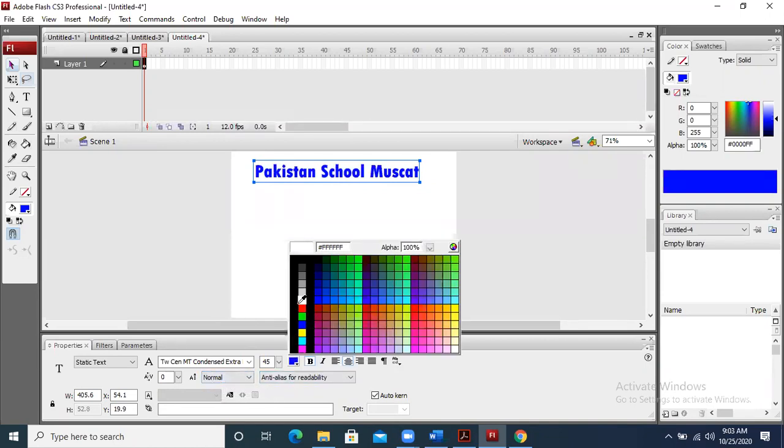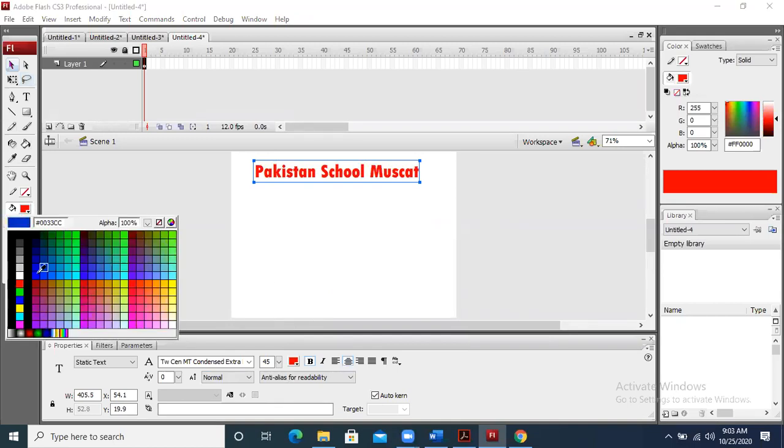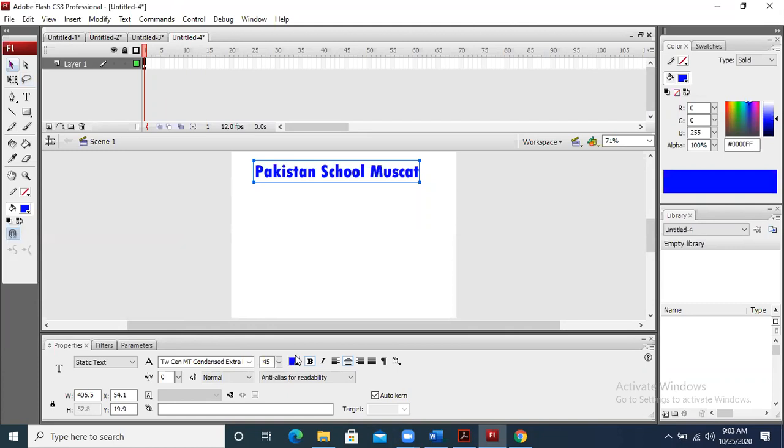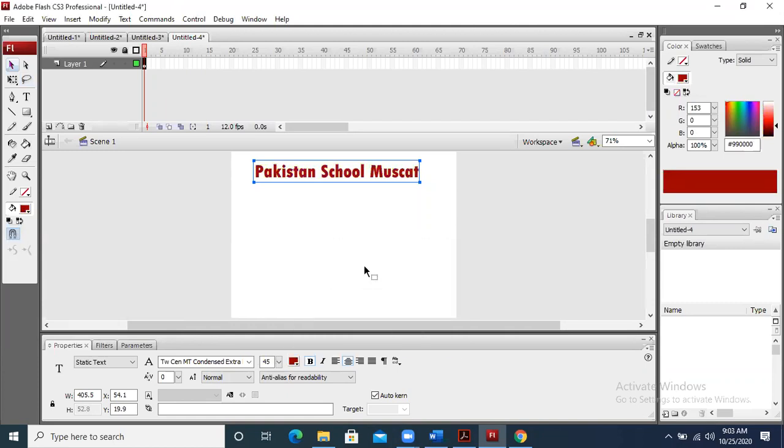If you want to change the color, you can do it from here, and also from here when the property panel is there. So you can change the color according to your will. This is basically normal size. You can apply superscript or subscript as well.